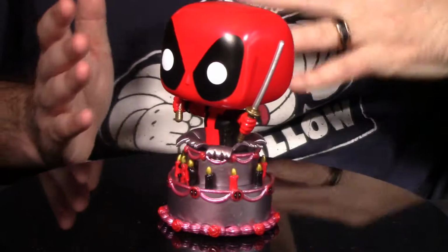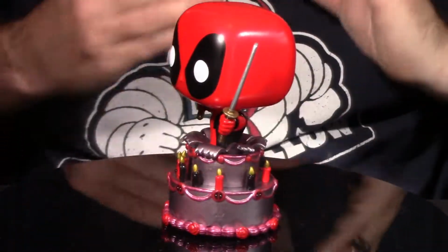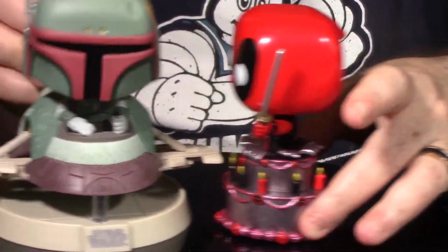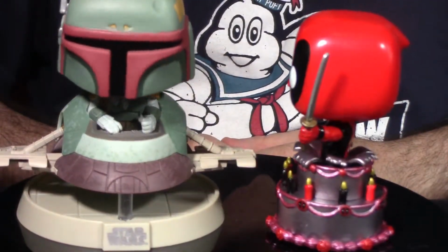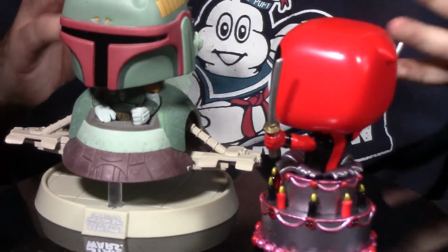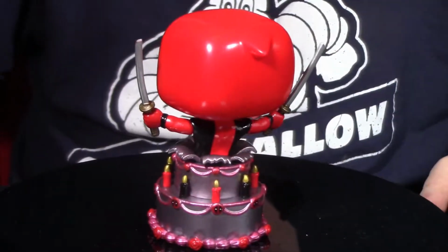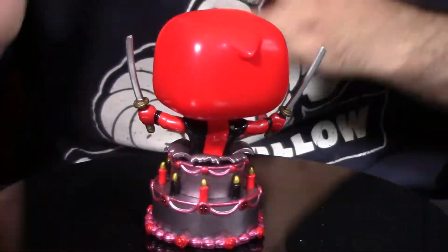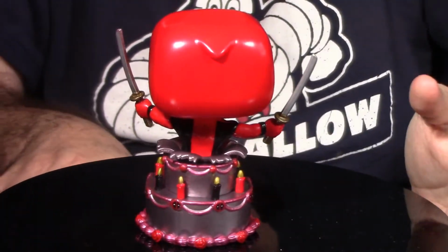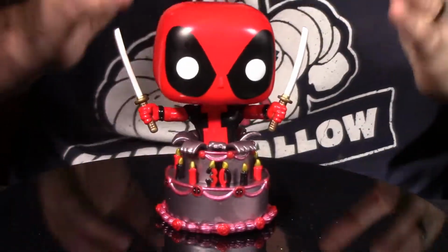Going through the toy hunt and really taking a step back from this and going, okay, that makes sense now. My logic is basically sound. Again, using the idea of the Slave 1, we put him back right here. Similar sort of idea, spaceship, lower body is a vehicle, or again, some type of thing that's not the bottom of the character. Same sort of idea as that Boba Fett. I'm just taking an analogy based off of that, transitioning it to this, so it makes a bit more sense. So I hope you can understand where I'm coming at here with this, guys. So that, in a nutshell, is the Funko 7-Eleven